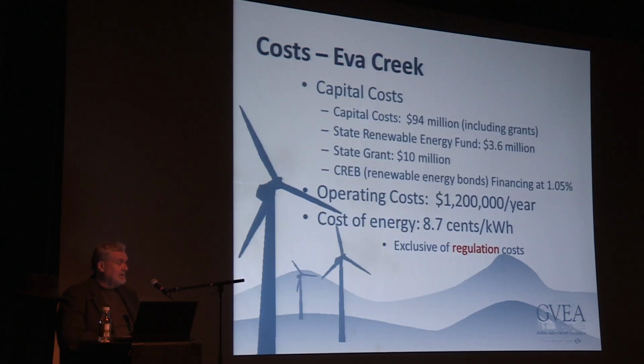And so the production tax credit, which is what inspires a lot of wind farms for profit companies, didn't make any difference to us because we weren't paying any tax in the first place. So we were lucky to get these renewable energy bonds. They came out a few years ago, but in very, very small amounts of money that really wouldn't be enough to swing a farm like this. But finally, we were able to get sufficient funds. So this divides out to about 8.7 cents a kilowatt hour,